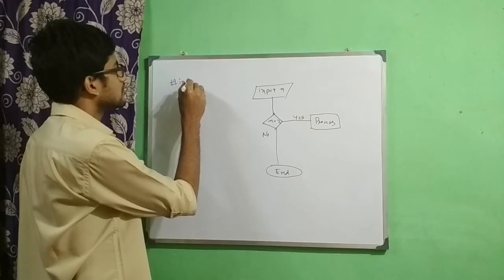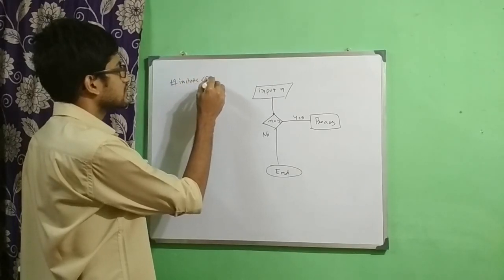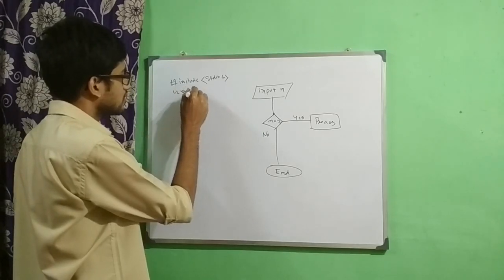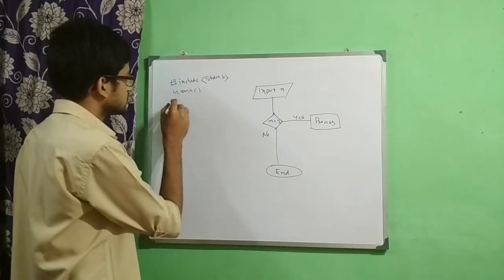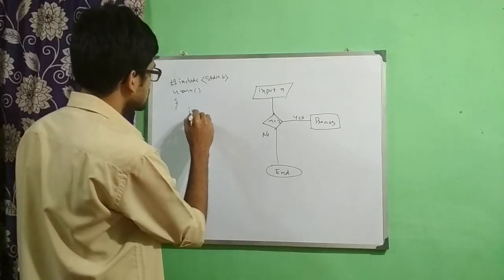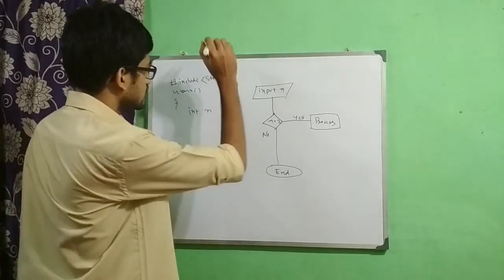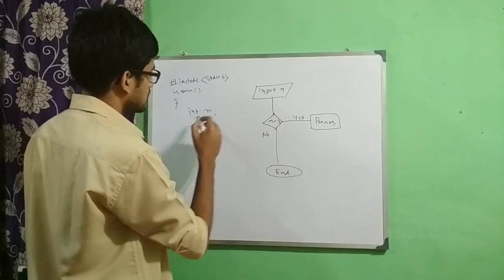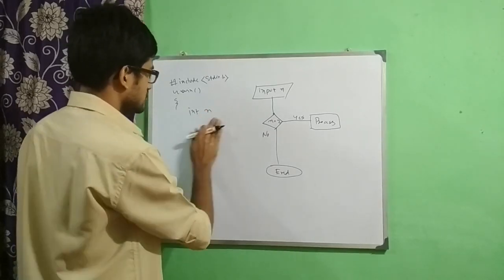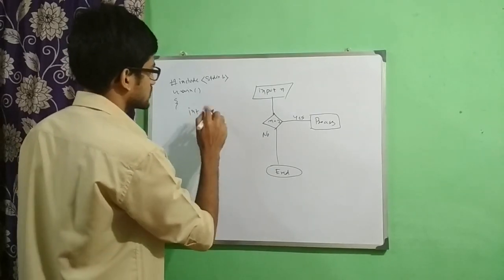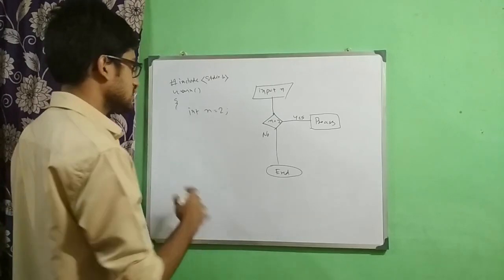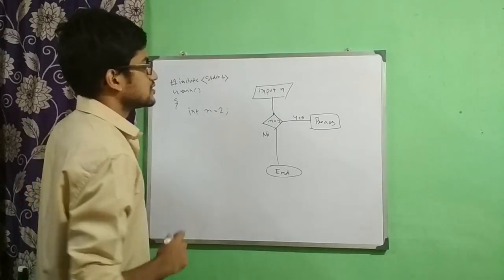Include stdio.h, main parenthesis, int n. Let's take the input directly because otherwise I will have to write more code. Let's say n equals to 2, the declaration and definition on the same line. Now